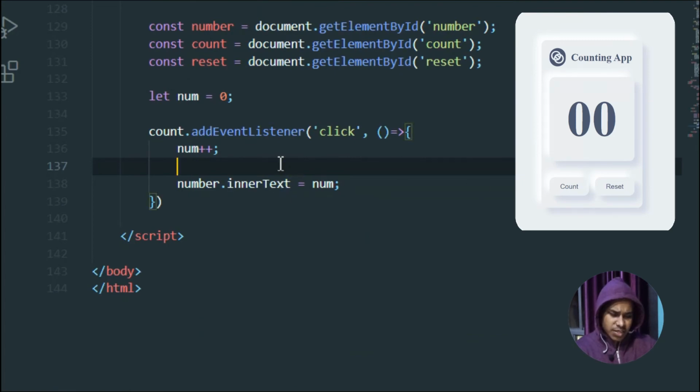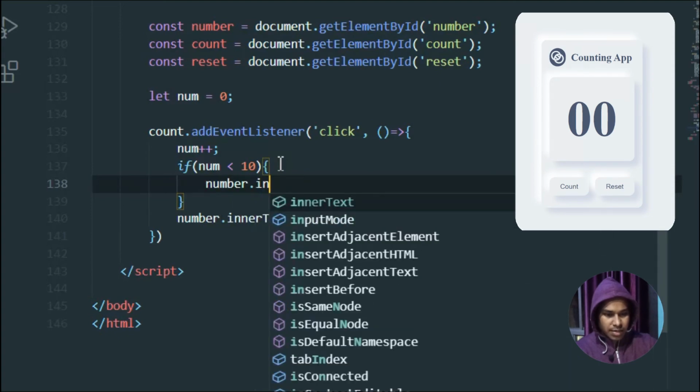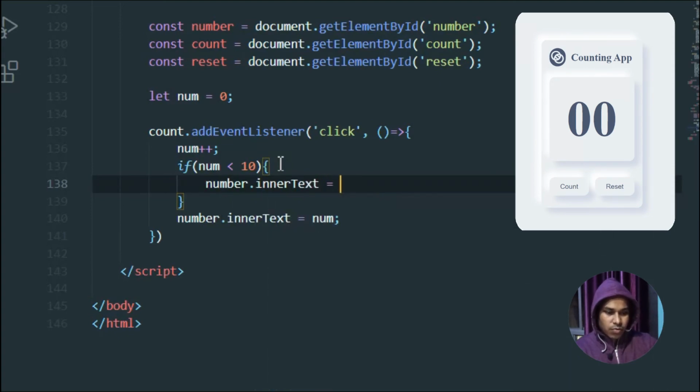Here I have to write an if statement and set a condition. So inside this, I'm going to take this num, and I would say if it is less than 10, then I want to execute this. What? I'll say number dot inner text, and before that I will take a string. Inside this I'm going to take the 0, and I'm going to concatenate it with the number. So this num,